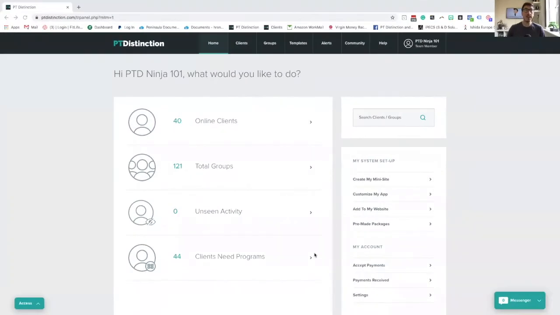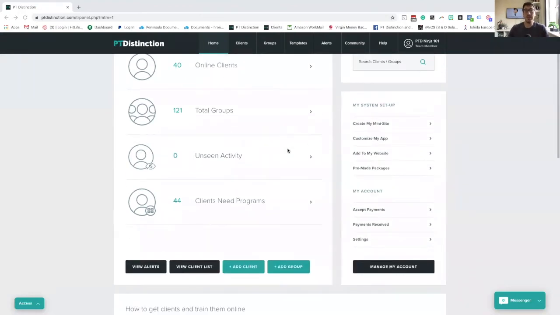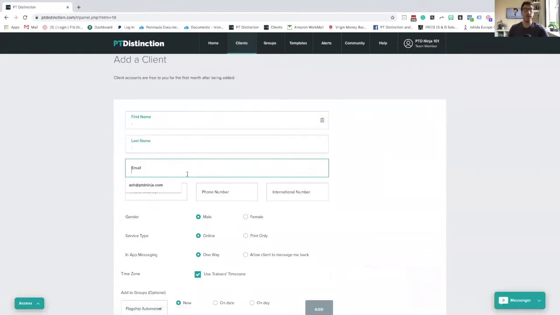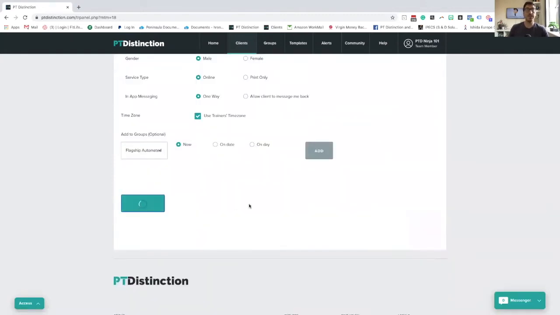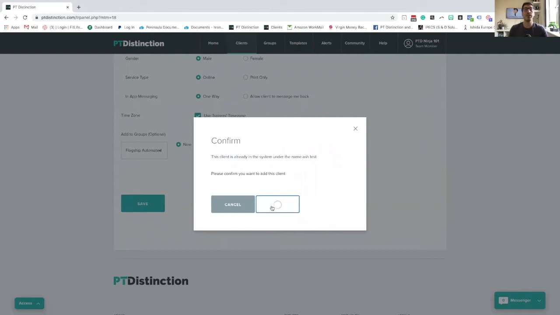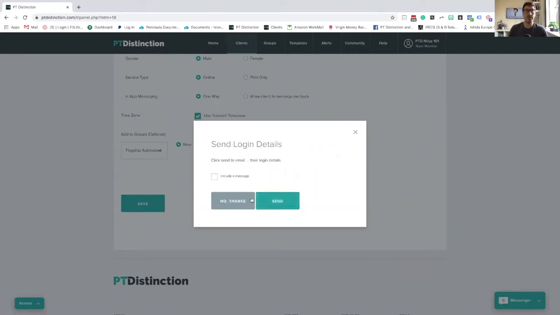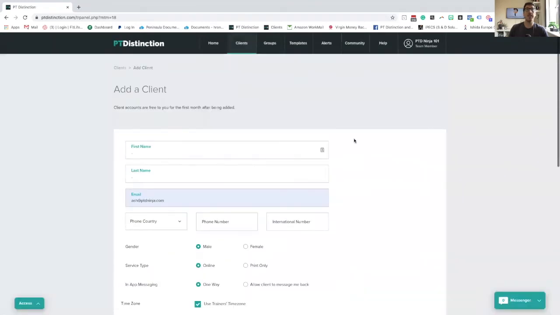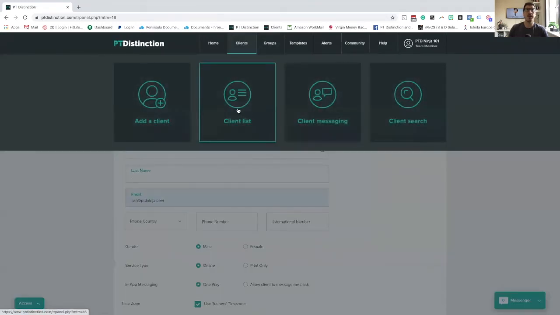On the screen now, you can see we're inside our PT Distinction account, and the login details email I'm talking about is the one that's literally called Send Login Details. You'll find this when you add a client into PT Distinction. You'll put the details into the account, click Save, and you'll be asked if you want to send login details to the client, just like this, where you can actually include your own message. You can also find this same email from within your client account